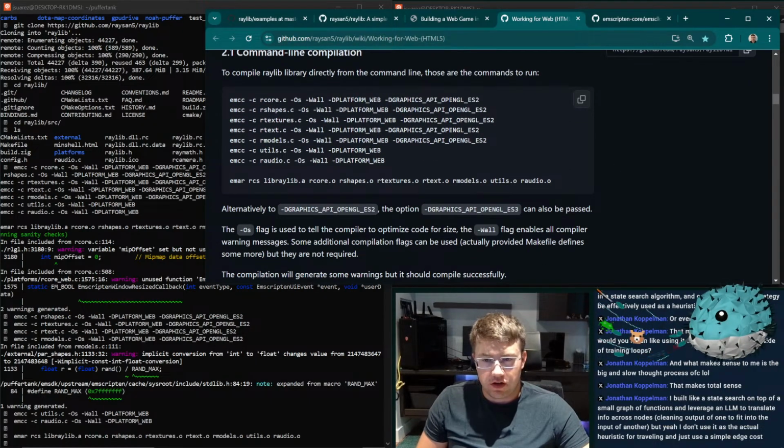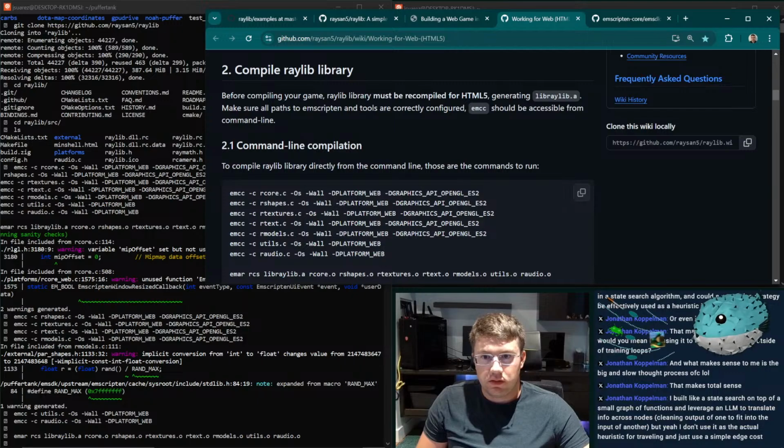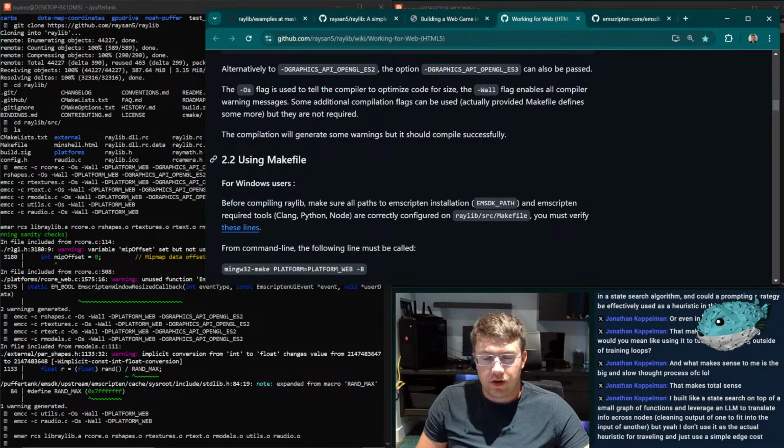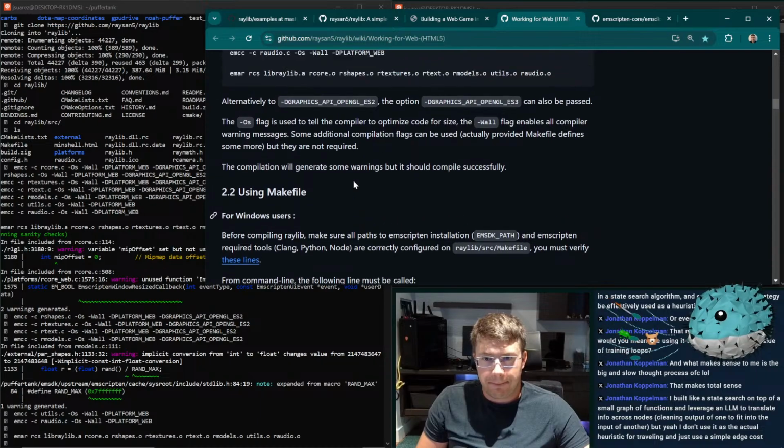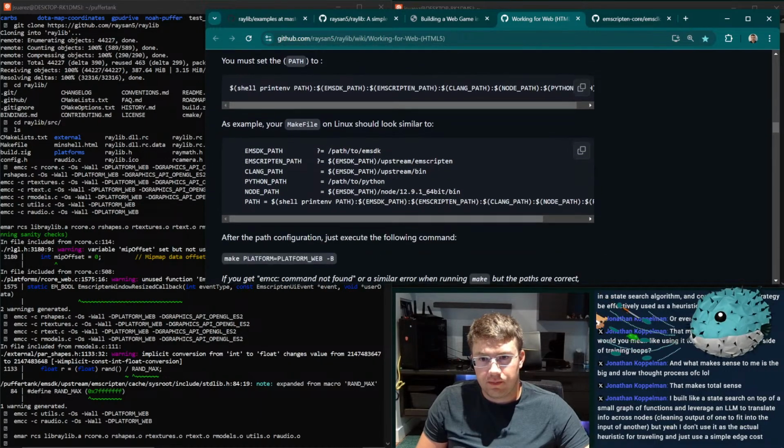Okay, that's fast enough. To compile directly from the cam. Okay, so I don't need this makefile then, right? I don't need this makefile stuff.